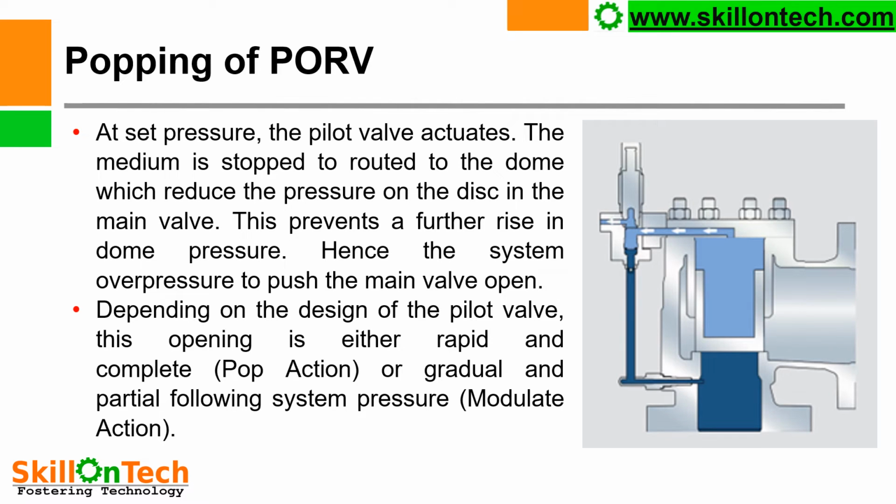Now you can see how the PORV pops. At set pressure, the pilot valve is actuated. The medium is stopped here. Once it is actuated, the medium will be stopped from going to the dome, which reduces the pressure on the disc in the main valve. Here, this force will be reduced. This prevents a further rise in the dome pressure. So here, force will be reduced, hence the system overpressure pushes the main valve open. This valve gets open,